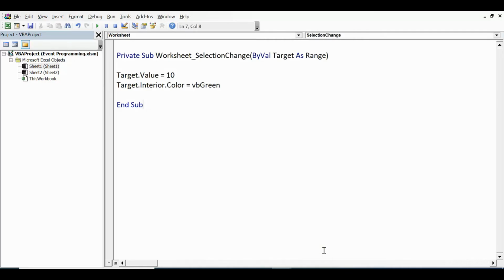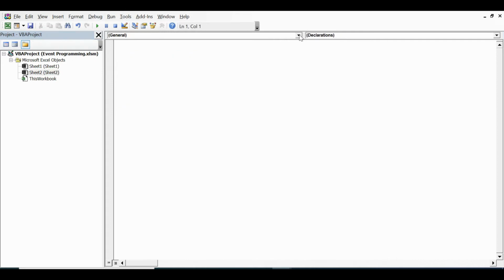So right now we are on Sheet2. Let me go to the VBA editor. I will select Sheet2 and then Worksheet. We can see that the default event, which is selection change, is there.